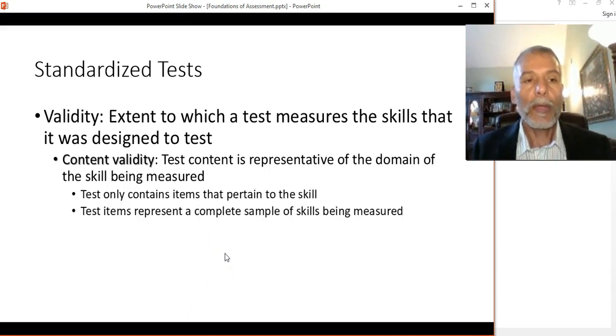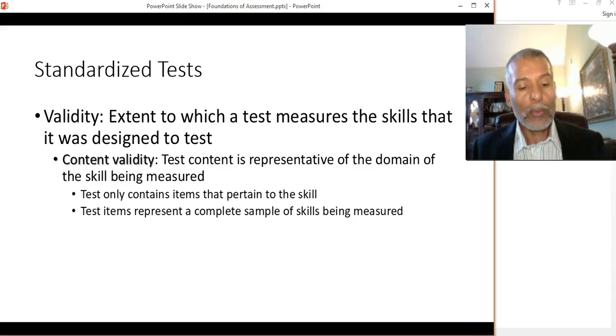The concepts of validity and reliability are things that the test is going to mention in the manual. But we need to understand a little bit about these. Basically, validity means the extent to which a test measures the skills that it claims to test, or that it was designed to test. For example, this test is going to